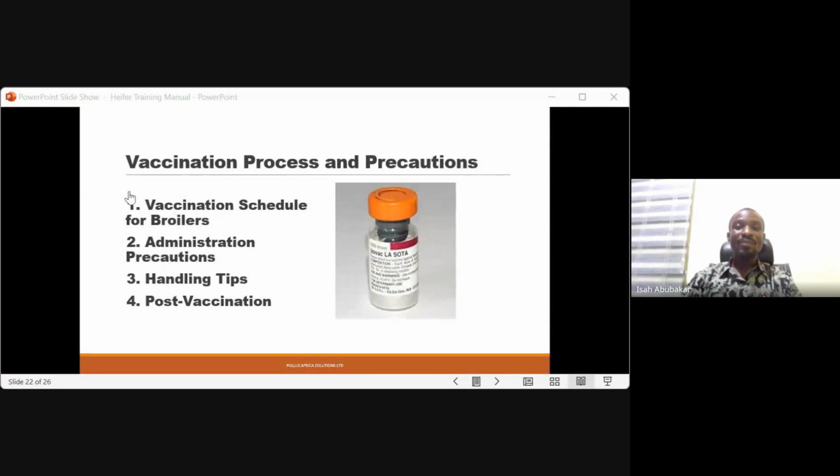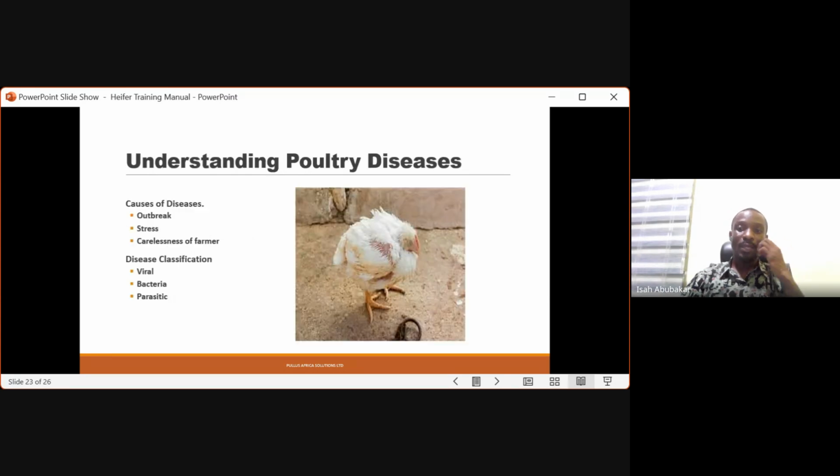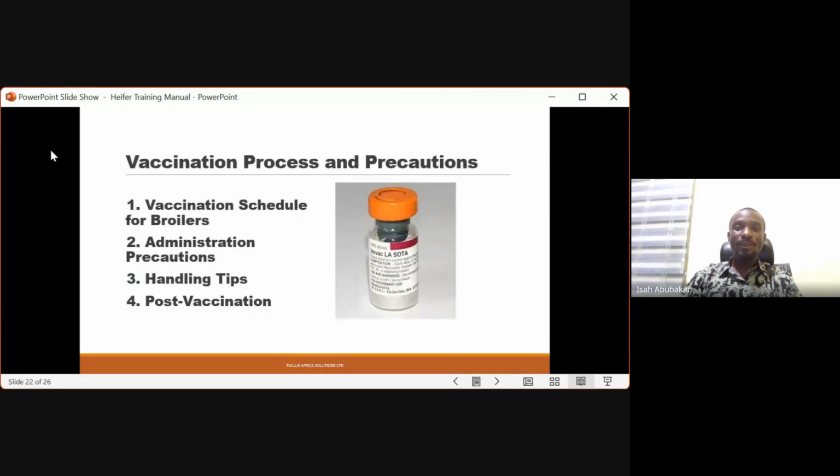So that is the post-vaccination, which means after vaccination, that is what you're supposed to do. You first give them ordinary water, and subsequently you give them multivitamin for 2 days. Now, this is how you do your vaccination for both Gumboro and also for Lasota. So those are the precautions, those are the necessary things we need to look at before